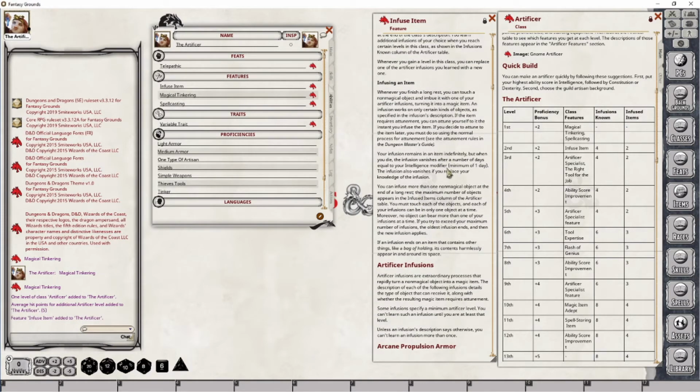That part's not the confusing part, sorry. This is. You can infuse more than 1 non-magical object at the end of a long rest. The maximum number of objects appears in the infused items column of the Artificer table. That's this column. That means that at the end of the long rest, you can infuse 2 items. You must touch each of the objects, and each of your infusions can only be in 1 object at a